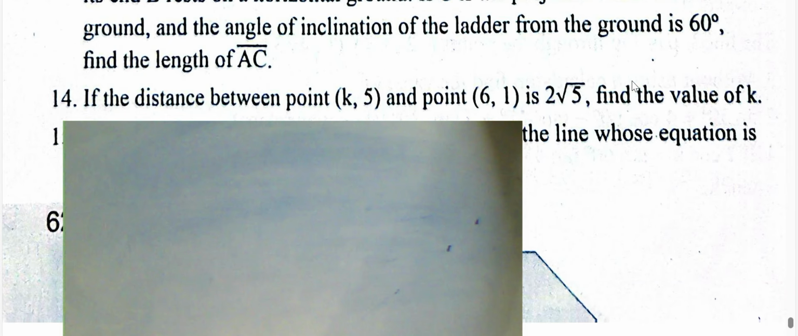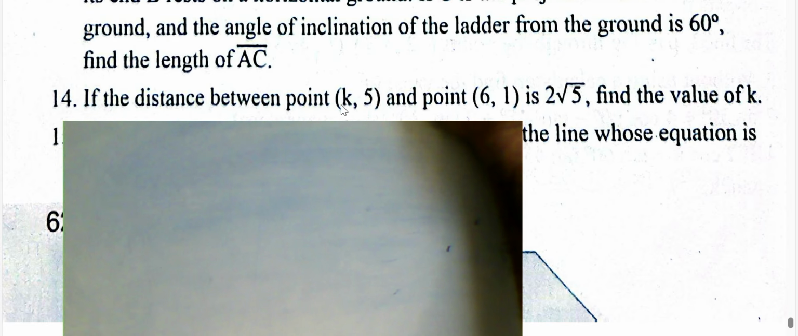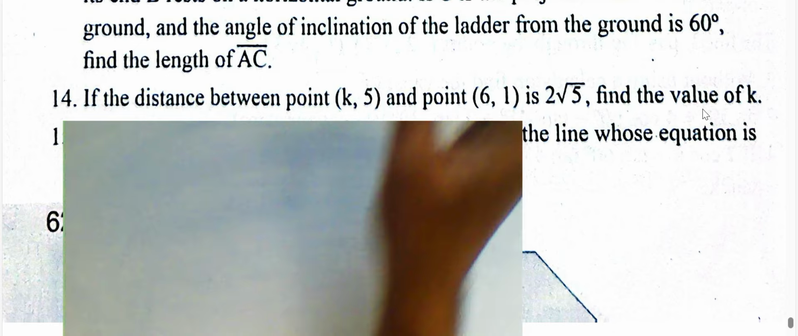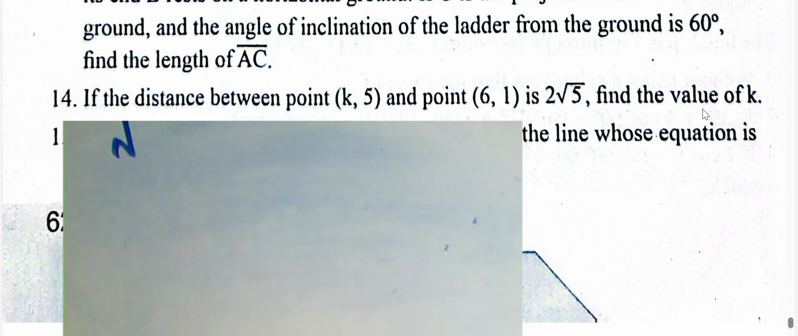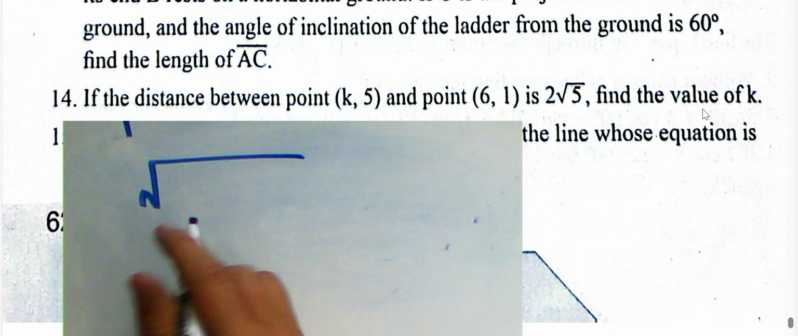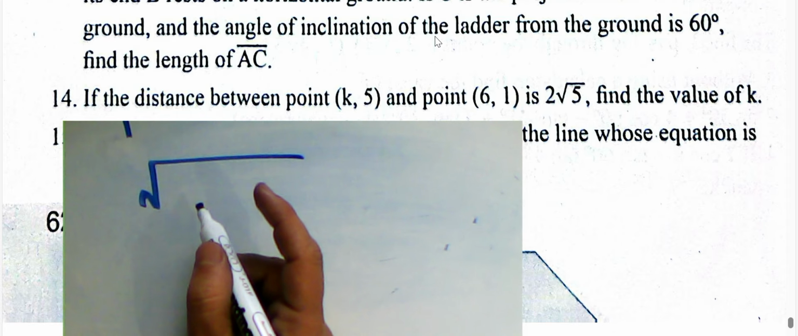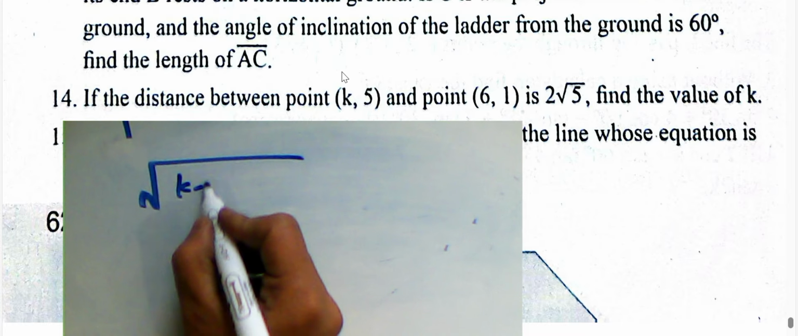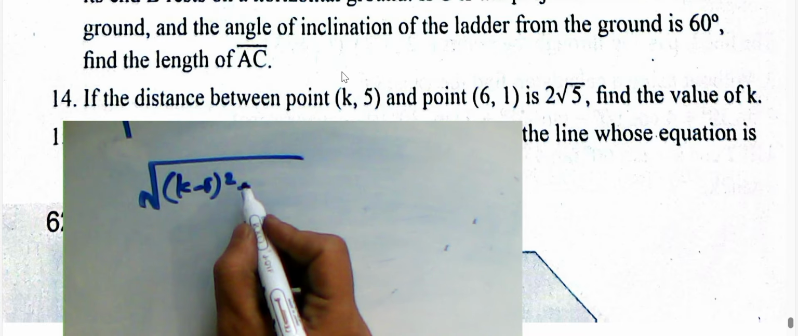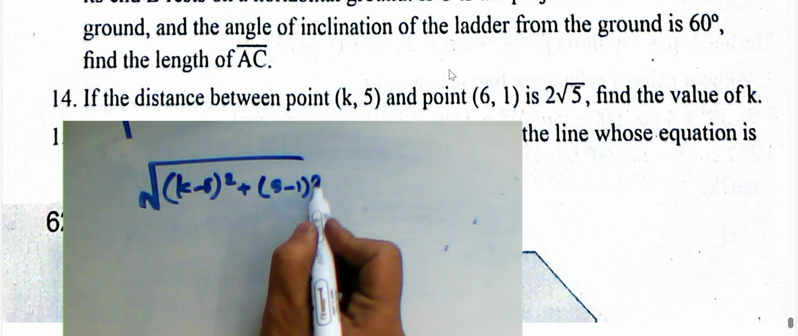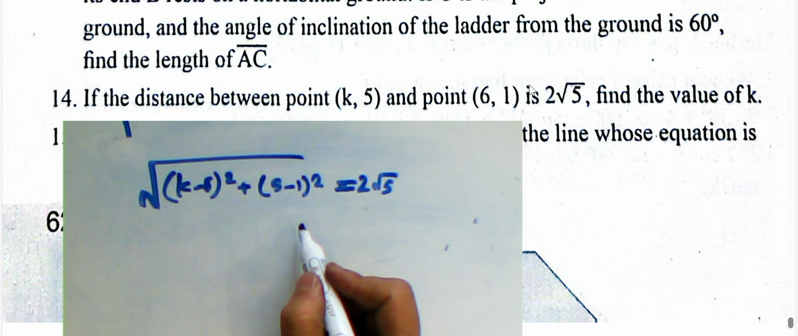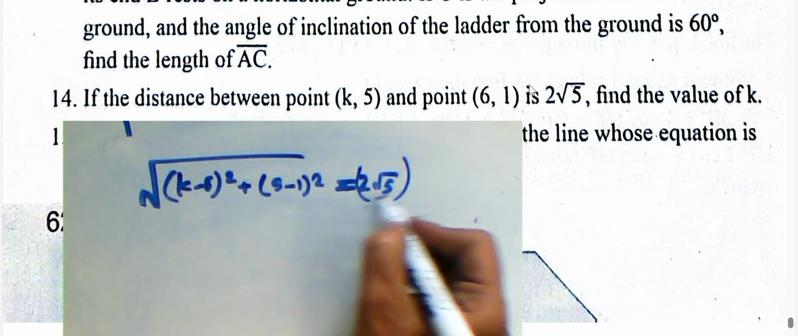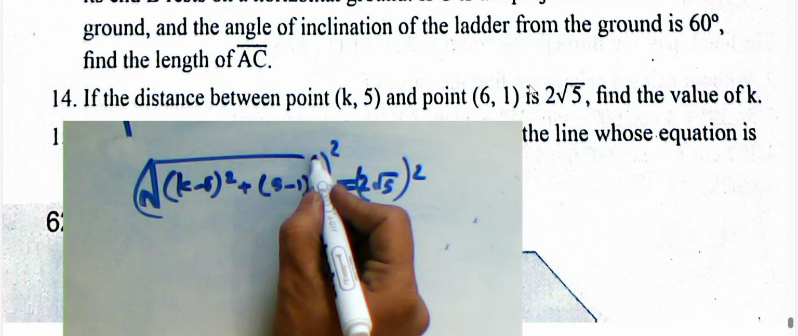Next question, number 14. The distance between point (k, 5) and (6, 1) is 2 root 5. Find the value of k. We can find the distance between two points by the rule: square root of (x2 minus x1) power 2 plus (y2 minus y1) power 2. So I will write (k minus 6) power 2 plus (5 minus 1) power 2 equals